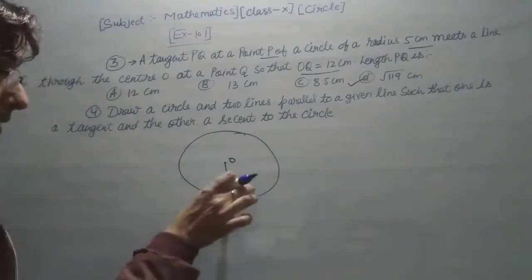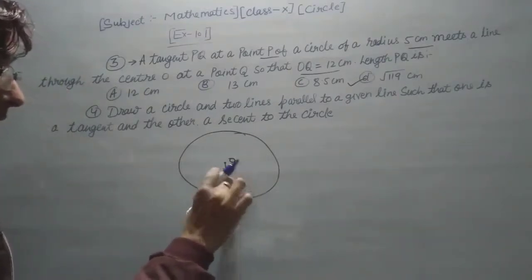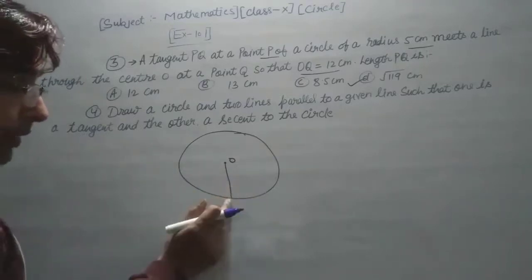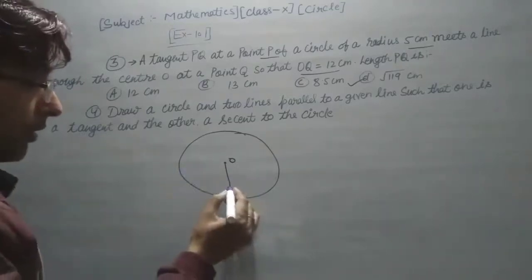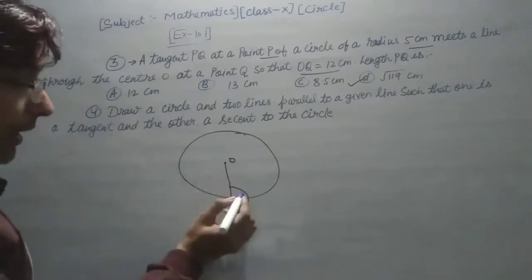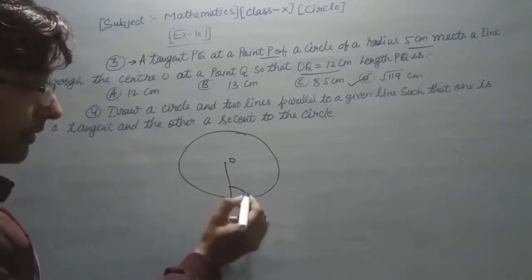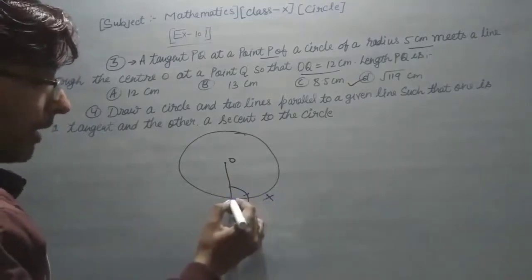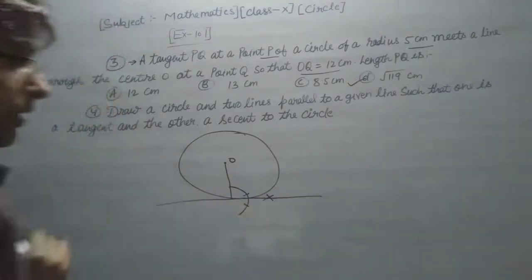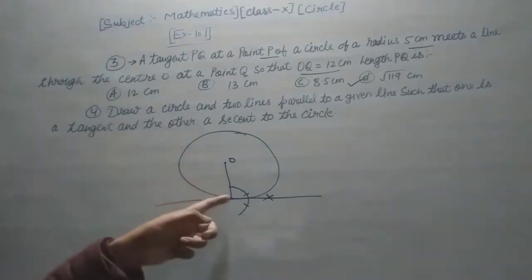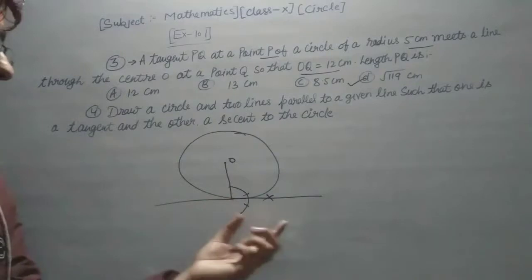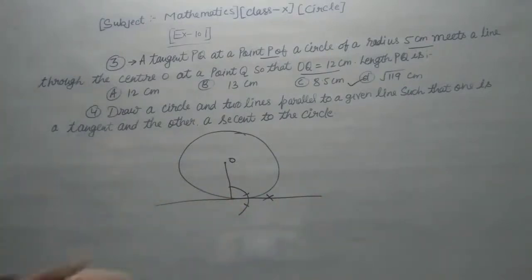You have a compass, and then you have to make a 90 angle here. At this point you have to make the 90 angle. So we will do it like this, take an arc in the compass, and then cut this thing and this thing, and then cut just like that, and this is your tangent. You have to draw the 90 angle with the help of compass, and then draw the tangent here. When you have drawn a tangent, then you have to draw a secant that is parallel to this tangent. How to draw a secant parallel to a tangent?